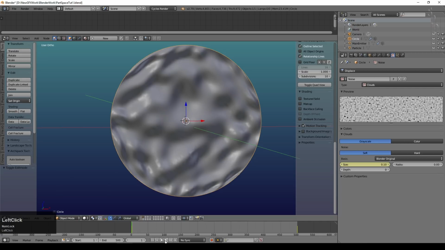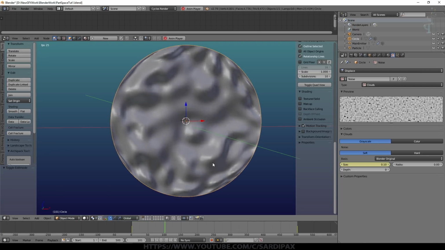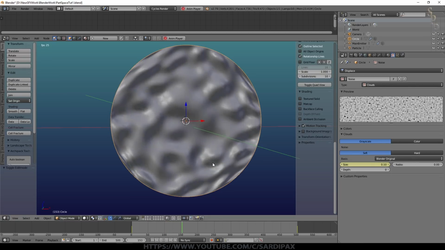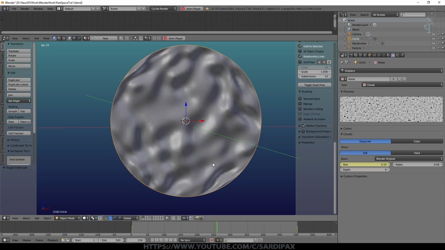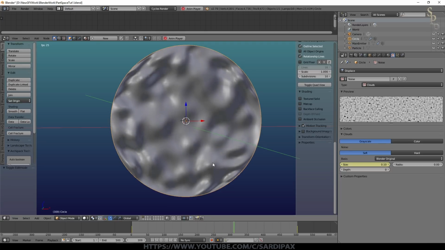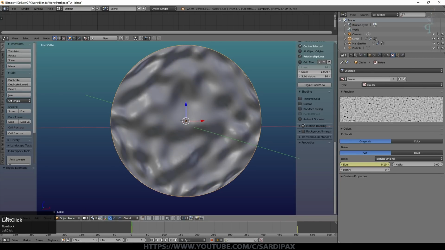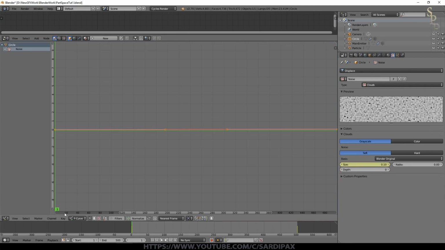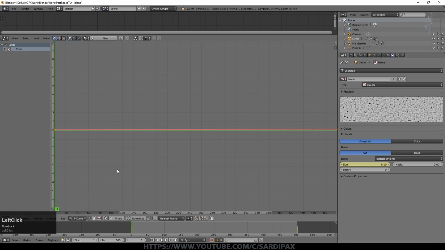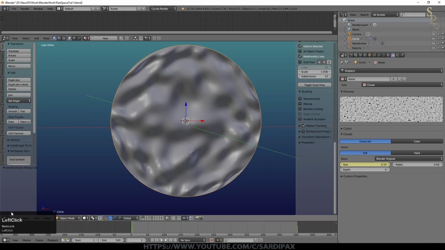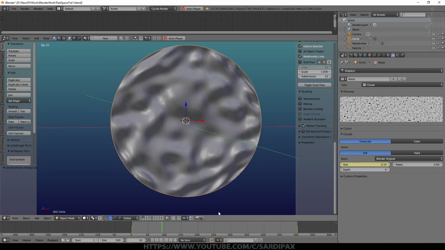Now initially this is going to be slow and then it's going to speed up the movement, but you can at least see what it's doing there. Around the middle it'll be at its fastest, and then it will slow down again towards the end. That's because of the Bezier curve that's initially used for the animation. If we go to the graph editor, click key, interpolation mode, and then say linear, and then back to our 3D view, we should be able to see that all now is just a continuous animation.